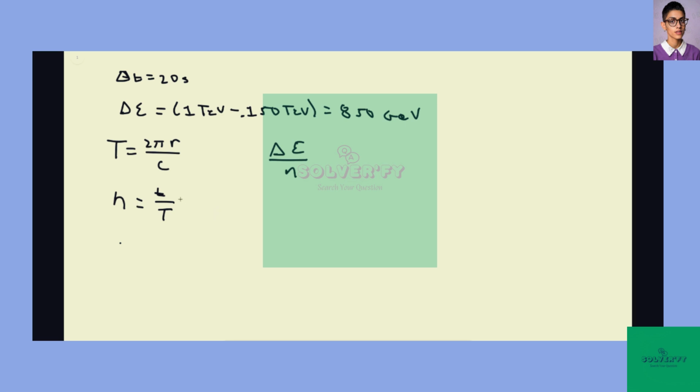So N is equal to T, the total time over the period. Let's go ahead and plug in what we know for the period. So this is equal to the total time times the speed of light over 2 pi r. So now we can plug that value in here for N and say this is equal to delta E times 2 pi r over cT. Now if we plug in all of these values, delta E over N is equal to